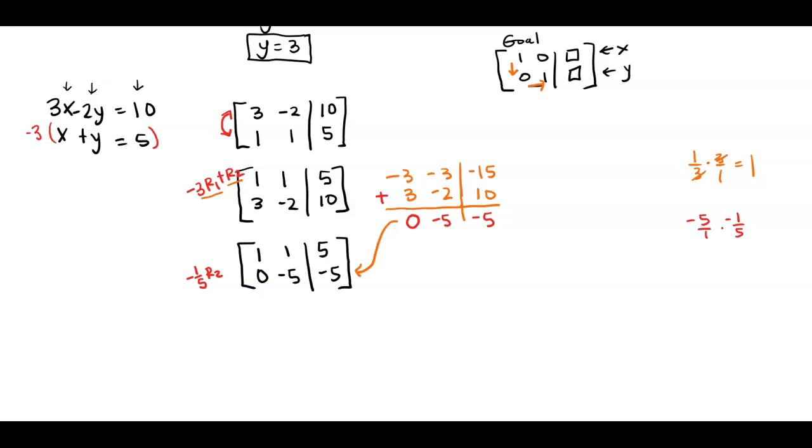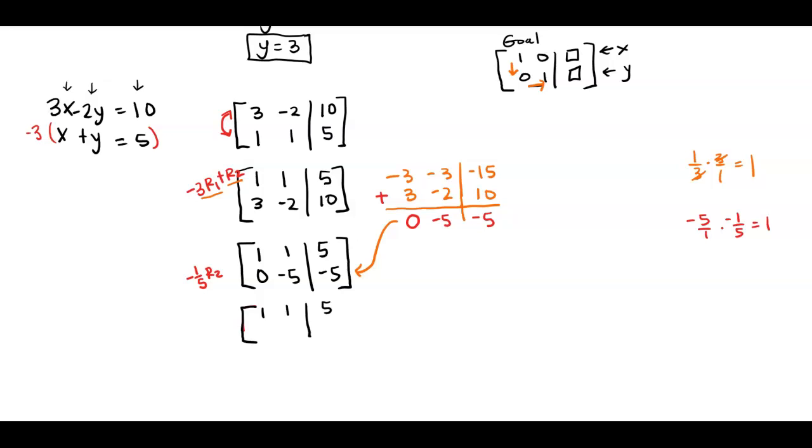Right? And when I multiply those two things together, I get a 1, which is what I'm trying to do. Okay, so the top row is staying the same. I'm not doing anything to it, but the bottom row